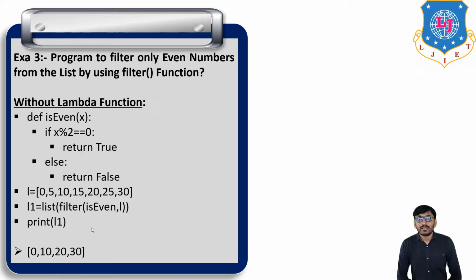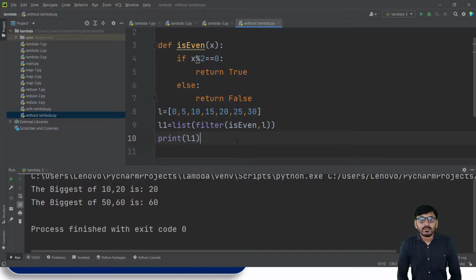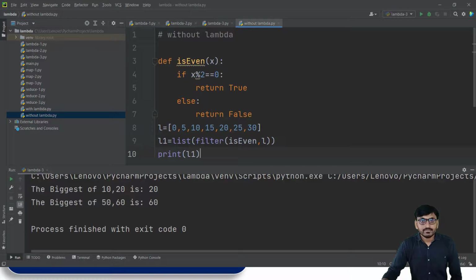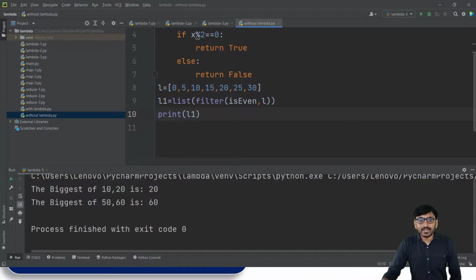Now this same problem we run in PyCharm. So this is without lambda. Def, this is the function name, this is the argument. If condition, else condition, then the sequence, which is a list here. Then L1 is equal to list, and we apply the filter function, and this is the function name, and L is the sequence.